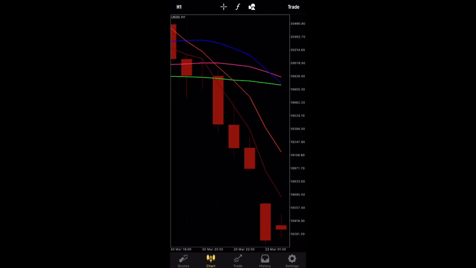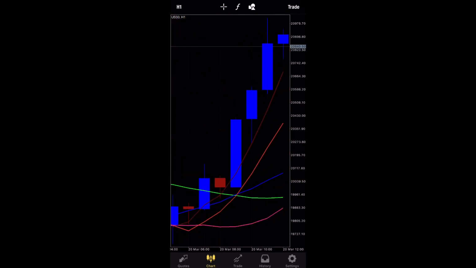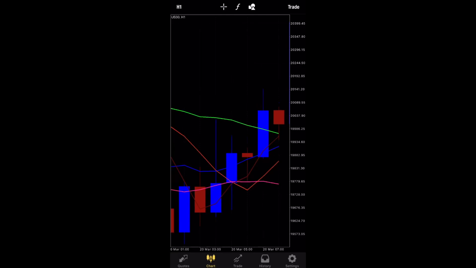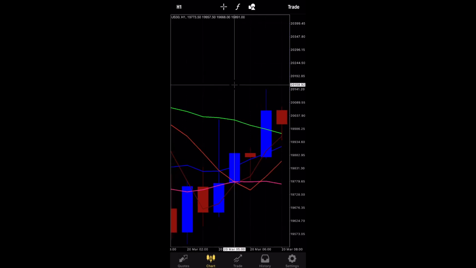Let me see if I can find another example. Right here, the red line crosses over the pink in a downward direction, so we were going to sell, but then it changed and came back up and crossed our orange line, which we know we were going to close, and that was another entry point for a buy because it crossed in an upward direction. Then it also crossed the pink line, so that signals a trend change. You could have entered there, and you would have caught these pips going up,